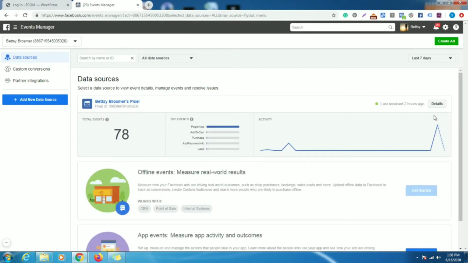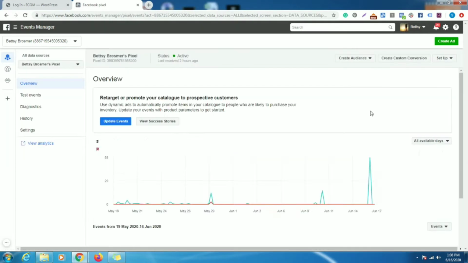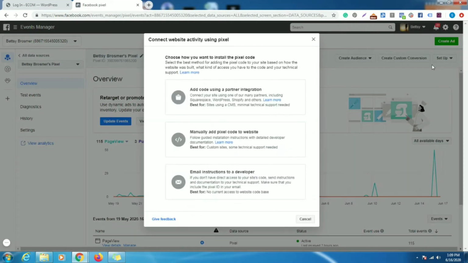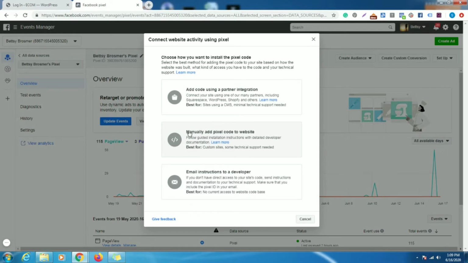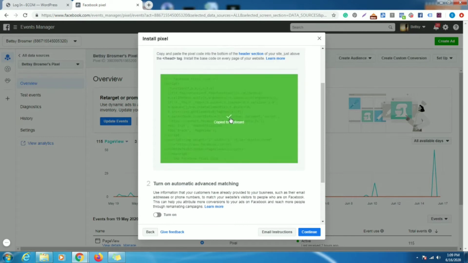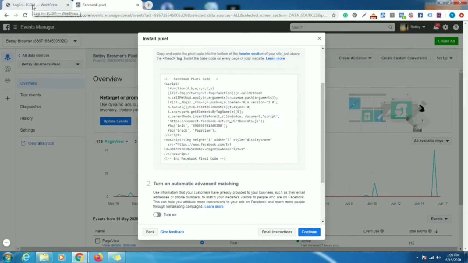Now you want to go to the details. Click here, so it is showing the detailed data. Now we want to set up a pixel for our new e-commerce site. So manually add the pixel to the website, then copy this code and go to the WordPress site.